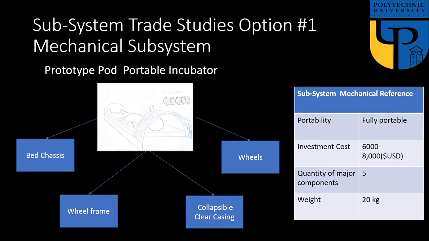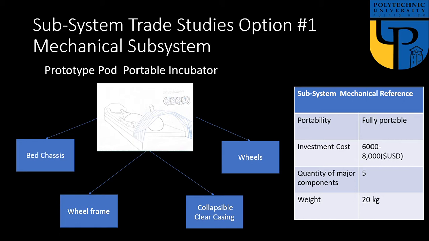We have a prototype pod portable incubator. We have a sketch that was made for this design. As you can see, the mechanical components of this design include the bed chassis, the wheel frame, the wheels, and the collapsible clear casing surrounding the infant. I have my references here, which are the portability, the investment cost, the quantity of major